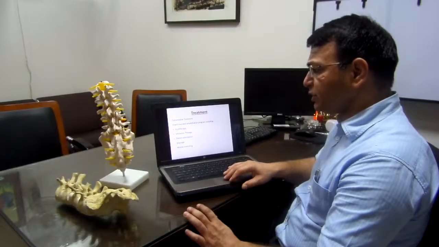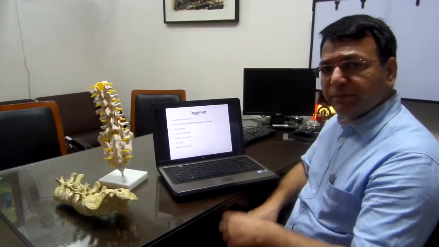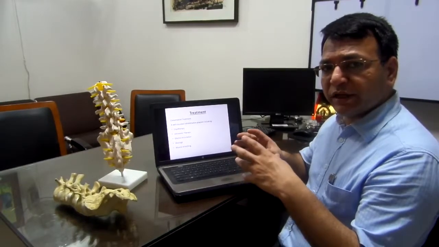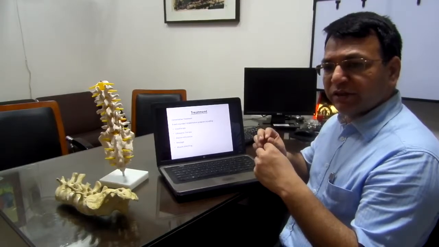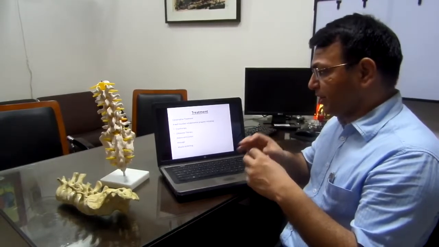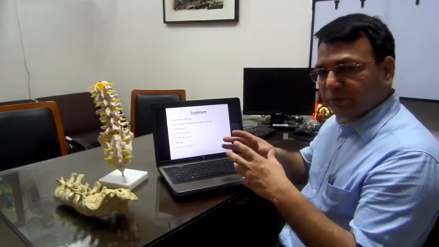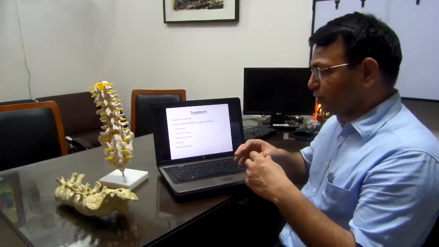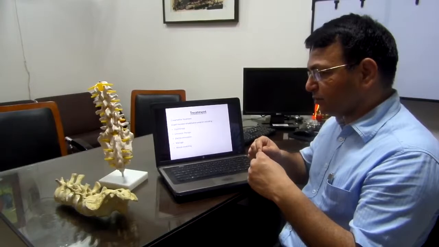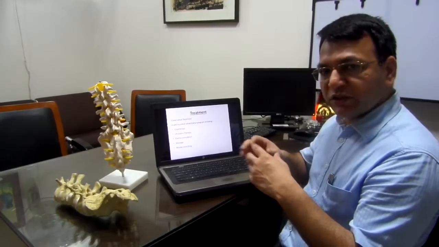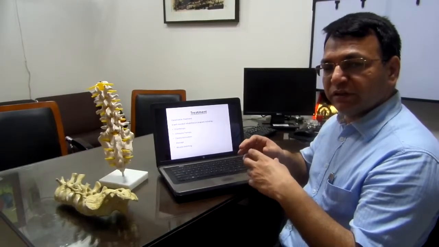The treatment of the facet joint syndrome is mostly conservative. When we say conservative, it means that the patients do not require any major surgical intervention to treat this pain if they are given supportive care in the form of medication, cryotherapy like ice pack or ice massage, then using some physical therapy modalities like ultrasonic therapy or electric stimulation or muscle stretching. These all things can help a long way in treating as well as preventing the pain arising of